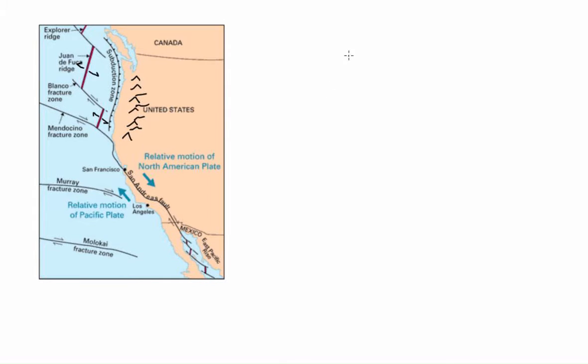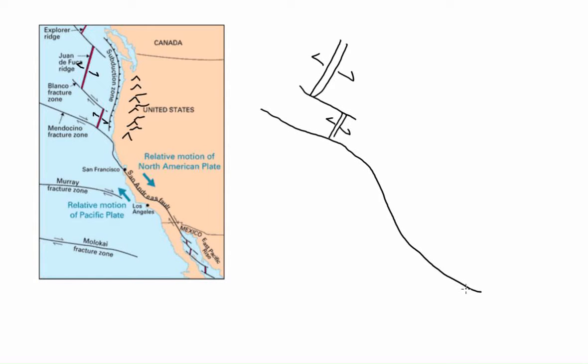So if I was going to draw this really simply, here's the Juan de Fuca spreading ridge like this, and it's spreading apart like this. And then there is this fracture zone that comes off like this. There's a little spreading center right here, and it's spreading like this. And then we have this big Mendocino fracture zone, and it goes all the way down to the Gulf of Mexico. And then we have a whole bunch of little spreading centers down in the Gulf of Mexico that actually are responsible for making the Gulf of Mexico, not the Gulf of Mexico, the Gulf of California, I'm sorry,